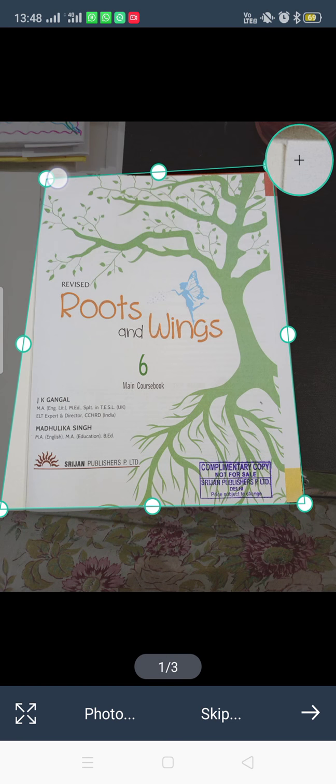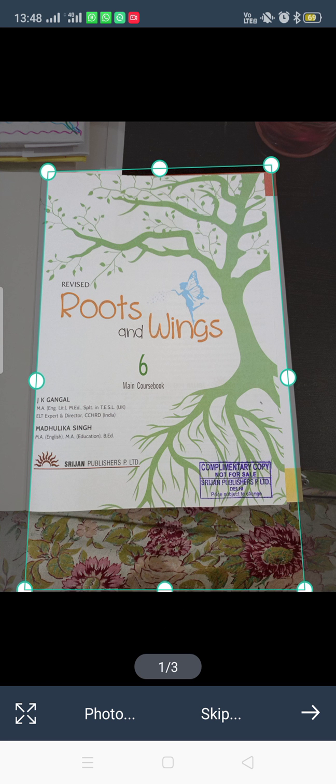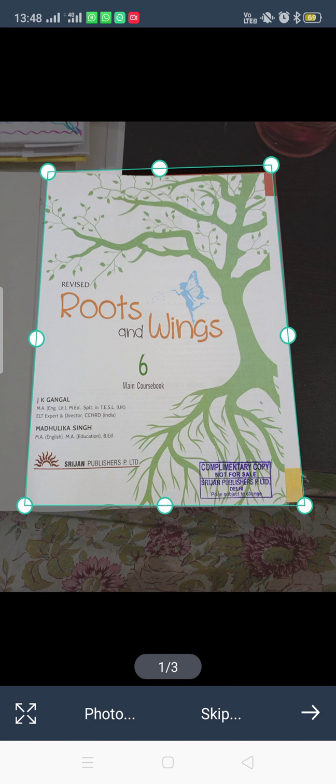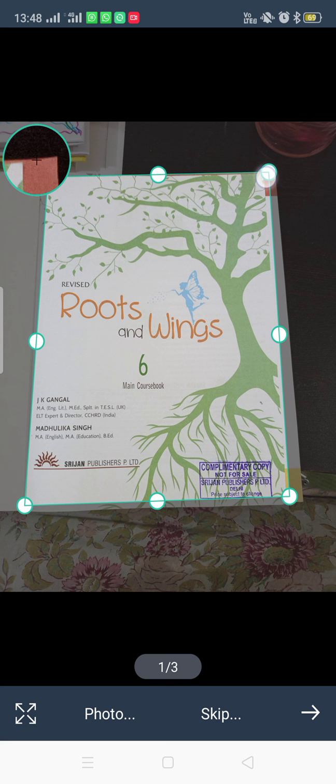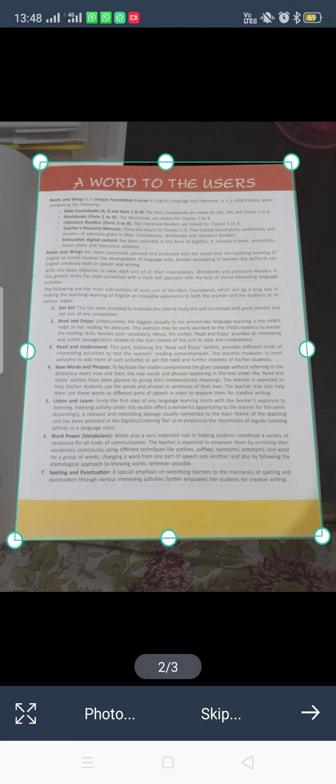Now you have to select your page size. Suppose you are selecting this. Now this extra background is coming, so you have to edit it. You have to select only the portion of your page in which your page fits. Okay. Do not take extra page. Okay, then go to next page. You have to adjust this page size.